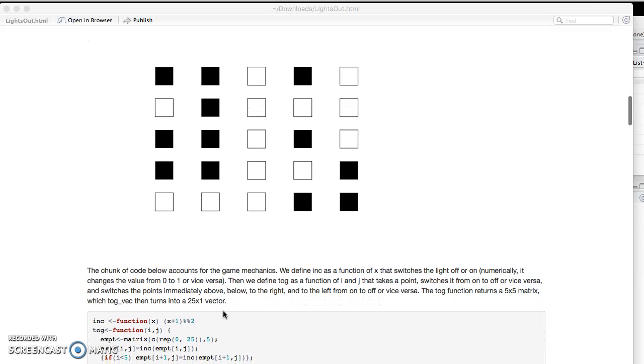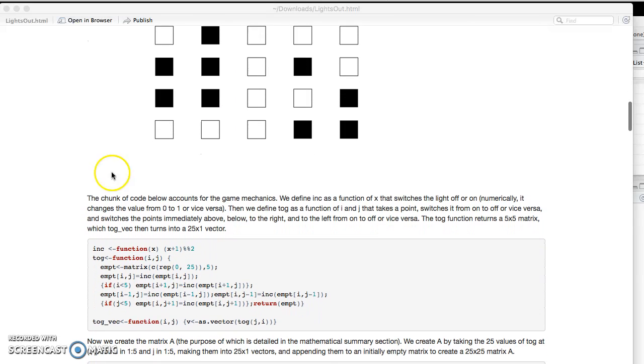Moving on, this is the function that actually accounts for the game mechanics. inc is a function of x that switches the light on or off. Numerically, it would just change the value from 0 to 1 or vice versa. And then tog is the toggle function, which takes a point and switches it from on to off or vice versa, and then switches the points immediately above, below, to the right, and to the left, if possible, to the opposite configuration. This tog function will return a 5 by 5 matrix, which it then turns into togvec, a 25 by 1 vector,